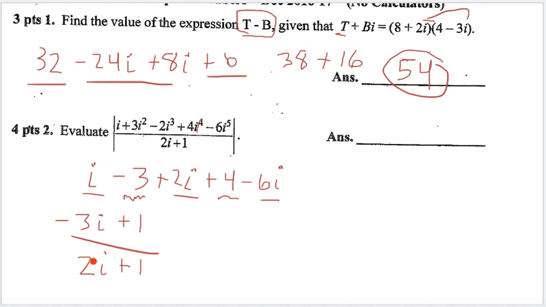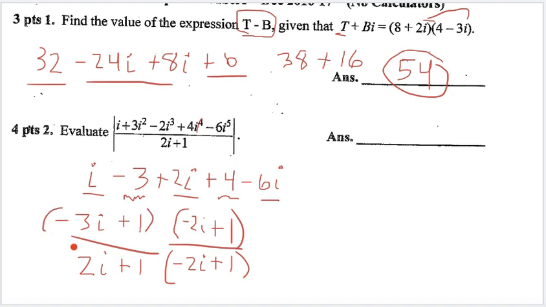Pretty sneaky the way they wrote it. They wrote the imaginary part first. I have to go the opposite of the imaginary part, so it's negative 2i plus 1. And times negative 2i plus 1. All right, this could take a bit of time. Maybe I can shortcut it,